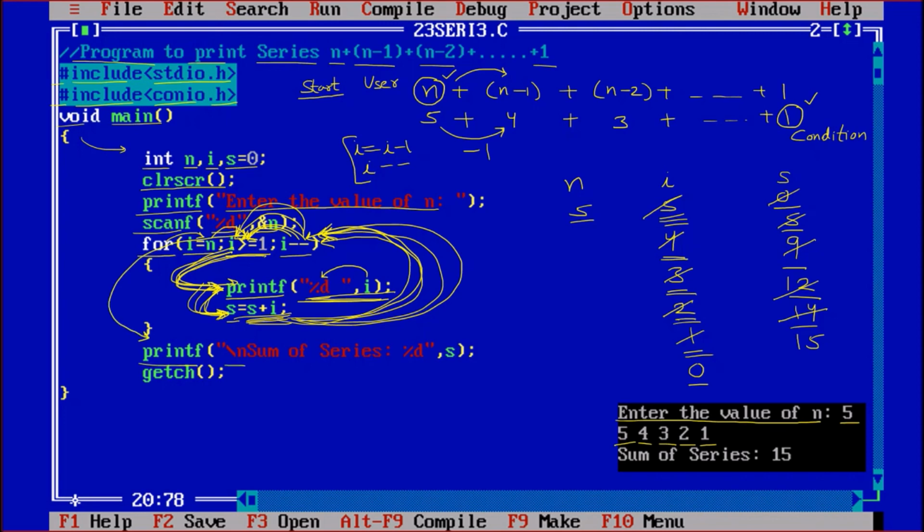Print slash n for the new line, sum of series. So sum of series is printed. %d means printing the integer value taking from the S, and the value of S is 15. So this 15 is printed on the screen. Getch for holding the screen and program will come out. So this was the program to print the series n plus n minus 1 plus n minus 2 up to 1.